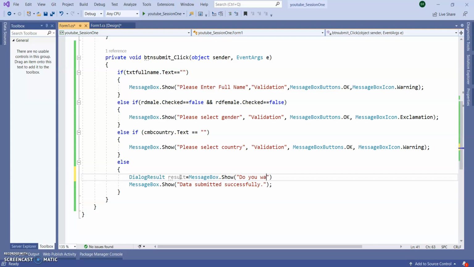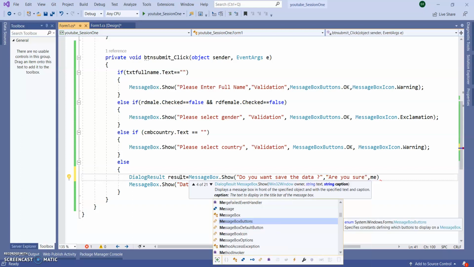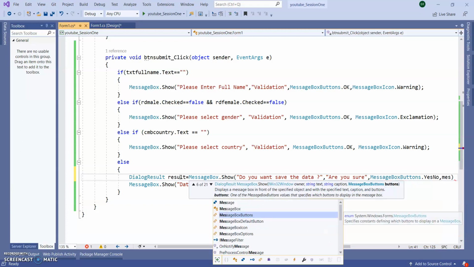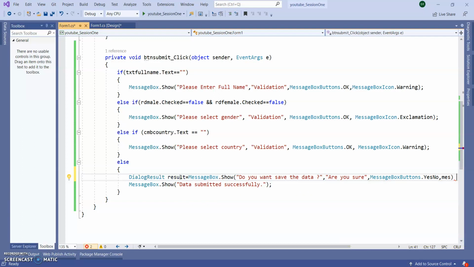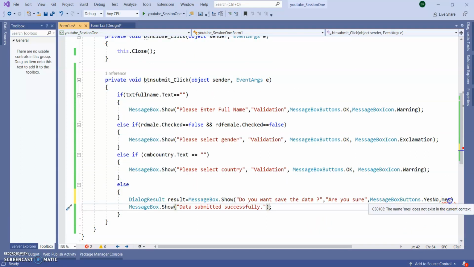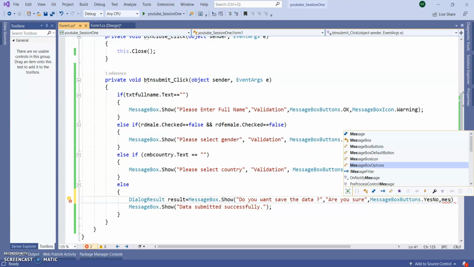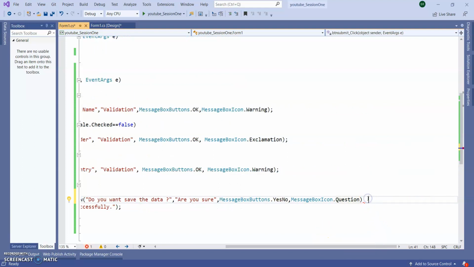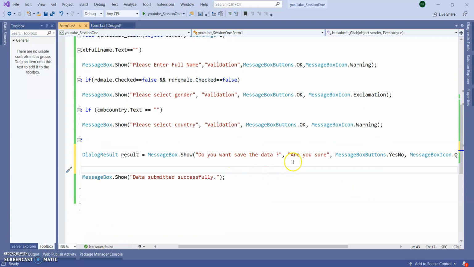Do you want to save the data? Caption I'm giving, message box button, I'm giving yes no. Okay, and message box icon dot question. So here it will show the message box with, do you want to save the data.